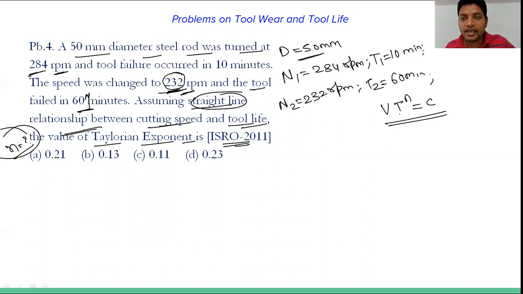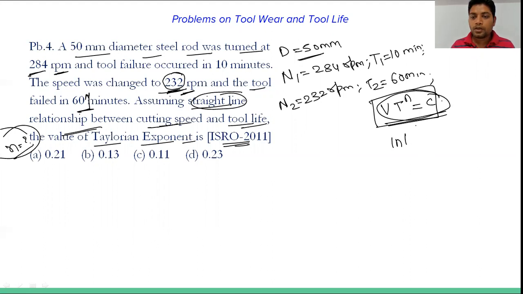So, ये तो स्ट्रेट लाइन है नहीं, तो what shall we do? देखिए, जब हम ln लेते हैं both the sides, that time this equation will become straight line. Okay, तो in case अगर हमारी जो conditions हैं वो इस equation से fulfill हो जाती हैं, then there is no need to go for that ln part. But still, अगर आपको यूज करना है that relationship, that also you can use.